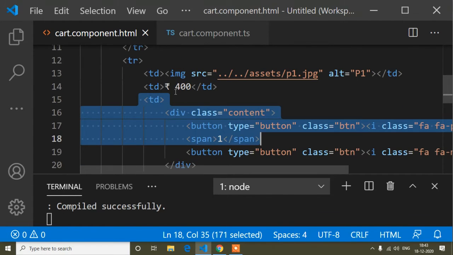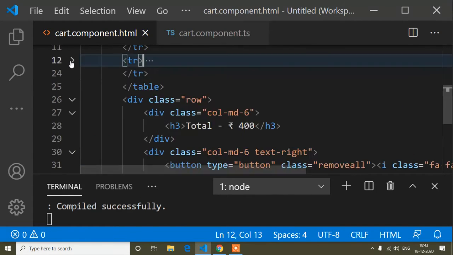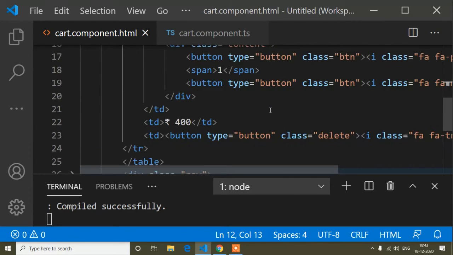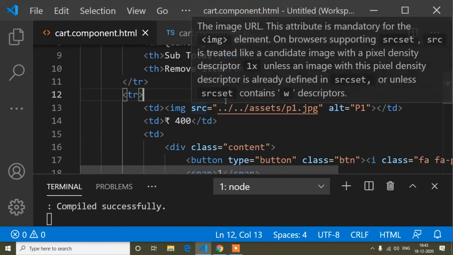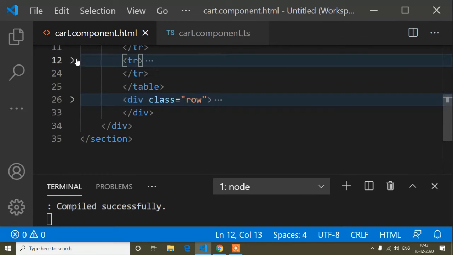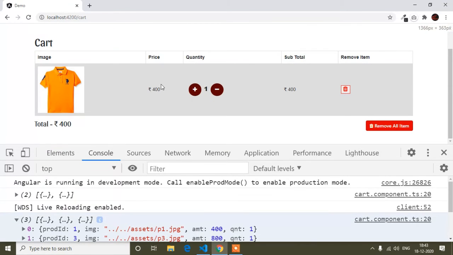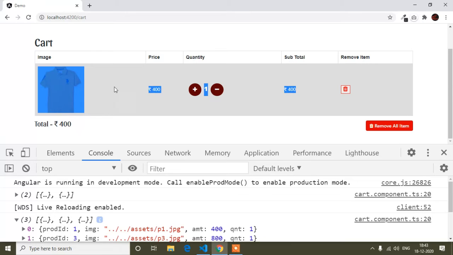Here this tr row. I will minimize this one so it will be easy to understand. This is the tr row, so I will make a loop of this row. This is the row, and this is the td image.